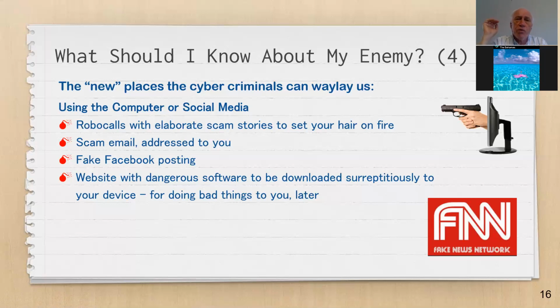Obviously, if it's your family calling, your friends, your doctor that you recognize, Kroger's calling you, your pharmacy's calling you to come fetch your prescription, CVS or wherever you get your prescriptions done, that's fine. You answer the phone and everything's normal. But if you don't recognize the number, don't answer it.